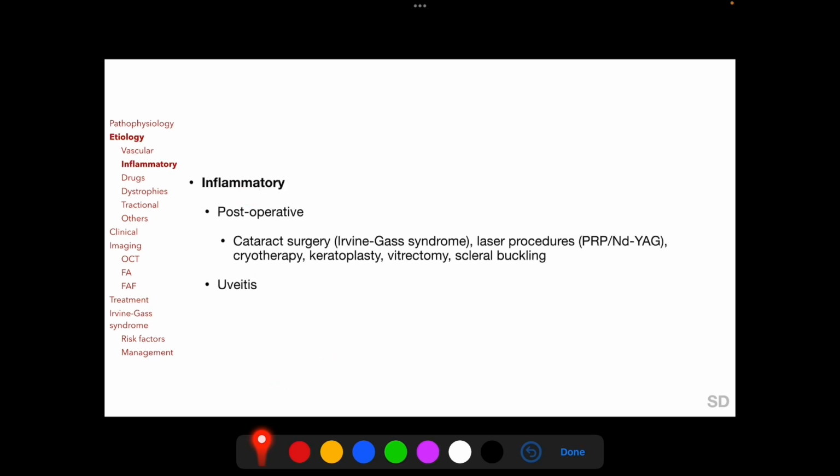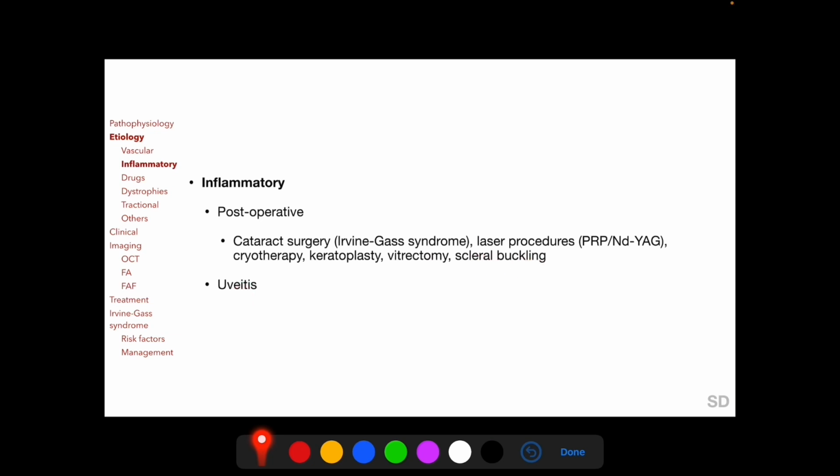Inflammatory etiologies cause CME by production of pro-inflammatory factors such as prostaglandins, leukotrienes, and histamine, which increase the permeability of the retinal capillaries. Inflammatory causes of cystoid macular edema can be further subcategorized into post-operative cystoid macular edema, such as may follow cataract surgery, which is called Irvine-Gass syndrome, which we will be discussing in a little more detail later in this session. Laser procedures such as pan-retinal photocoagulation and Nd:YAG laser, cryotherapy, keratoplasty, vitrectomy, and scleral buckling, and